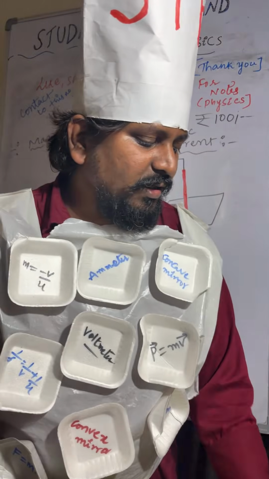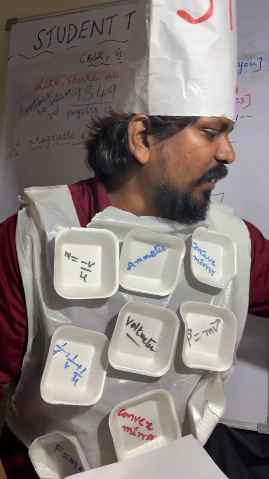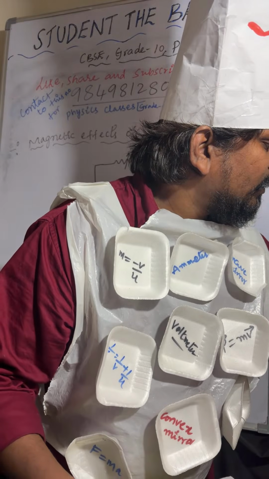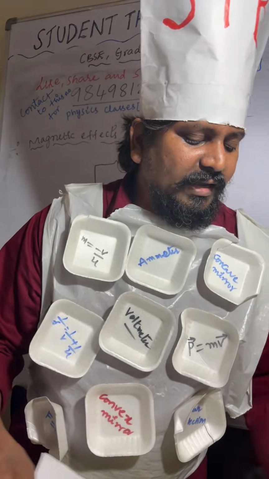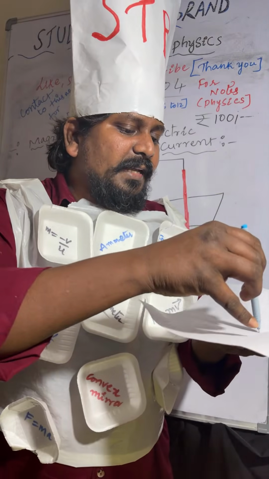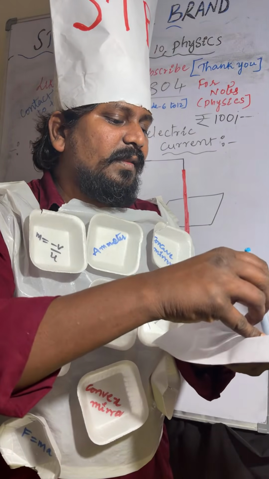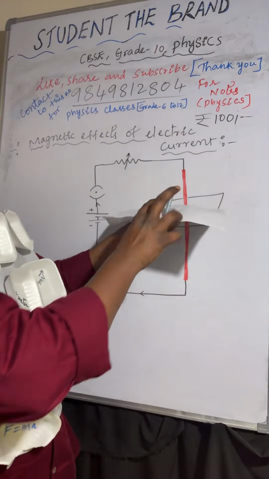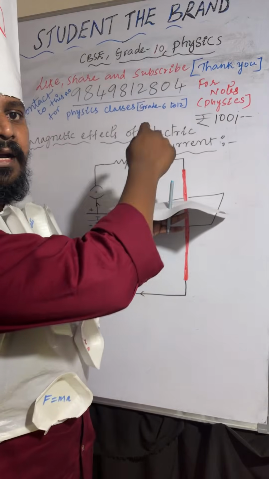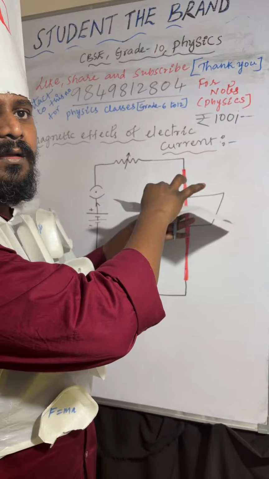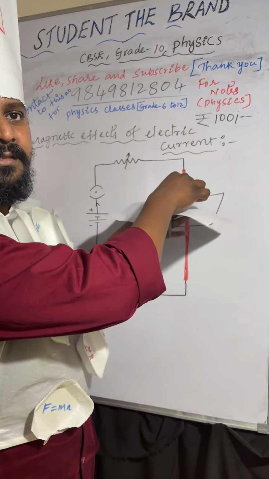If you take the cardboard, consider it is a cardboard. Now this is a thick copper wire. Suppose you consider a thick copper wire. So I am placing it like this. You can observe here, thick copper wire, and this is the cardboard. Over it, if you place the compass,